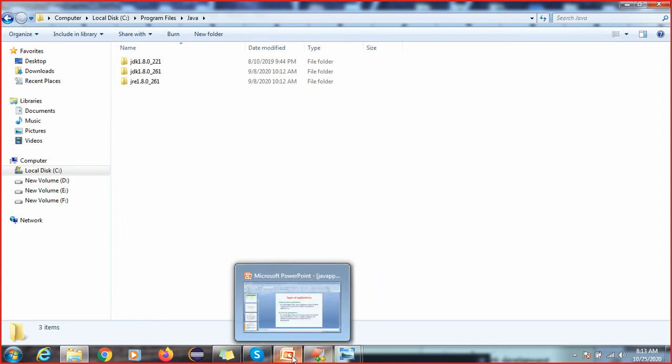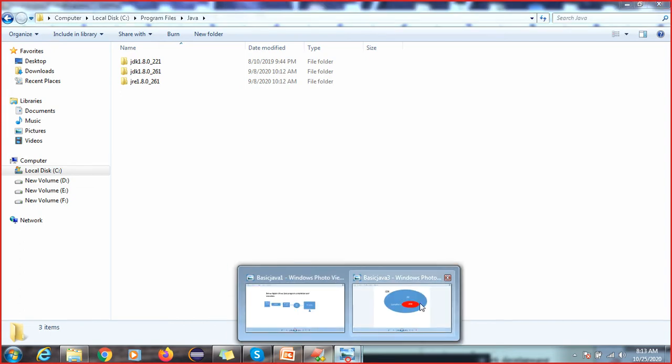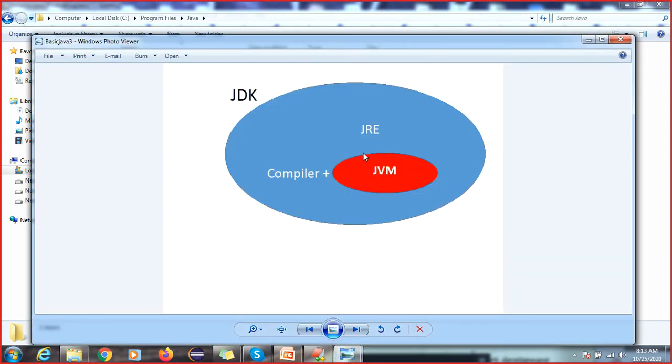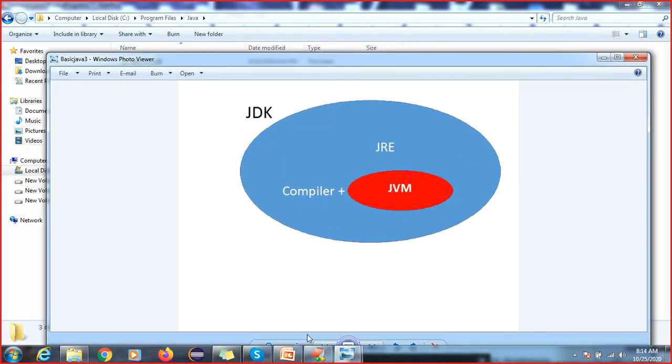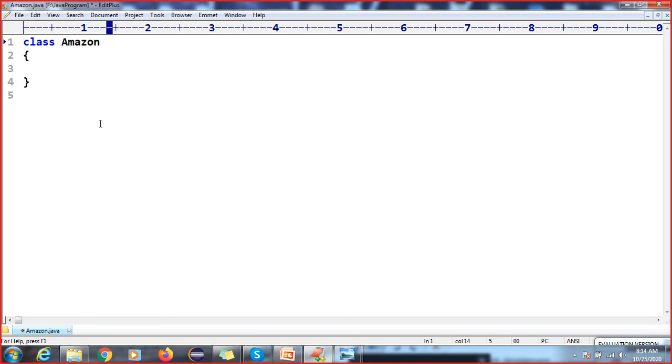So the Java people have developed one software that is called JDK software. Inside this JDK software, we have a compiler, we have a JRE, and we have a JVM. Once you download and install this JDK, all this software is by default there in your system. Got it, right? So what are the steps to execute Java code? The step to execute Java code is, first of all, if you are developing any Java application or any code,